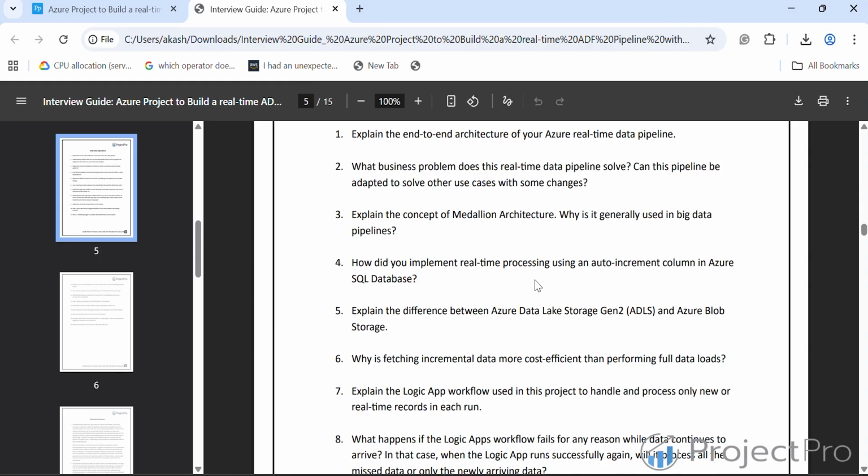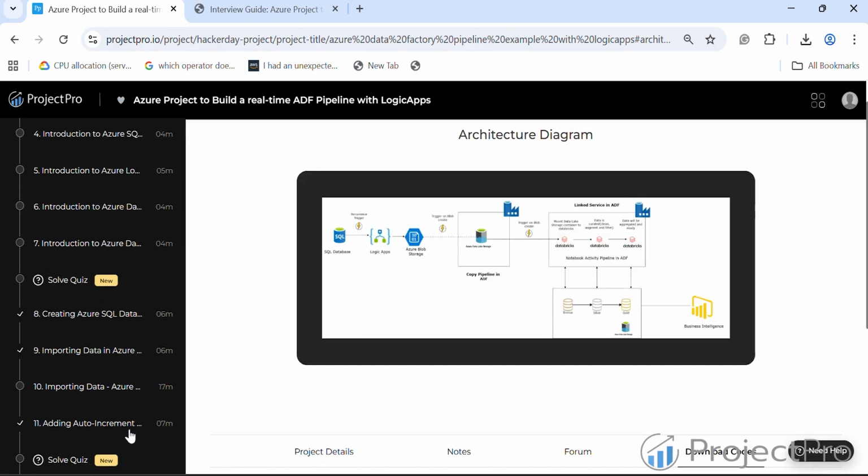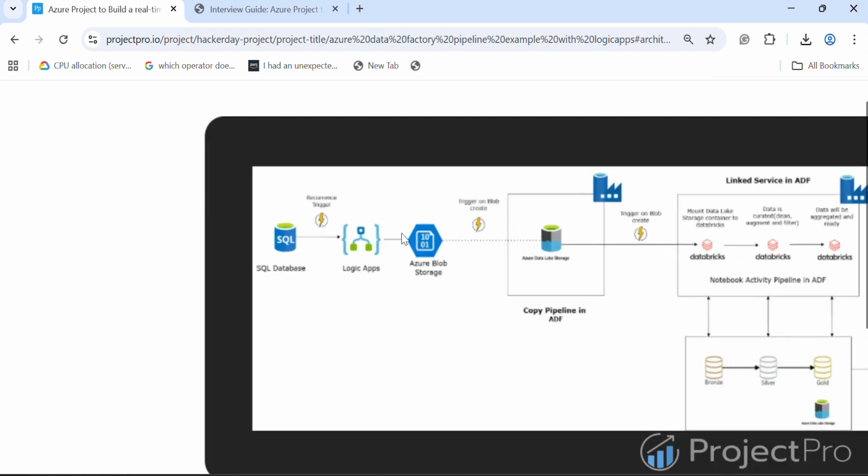How did you implement real-time processing using an incremental column in Azure SQL database? Even if you go to the project videos, we have dedicated videos for that, the video adding auto increment to the Azure SQL database, where the expert has clearly defined that we added an ID column using the SQL identity command. Whenever a new row is inserted into the SQL database, which is a source, this column will allocate a unique value to that row,